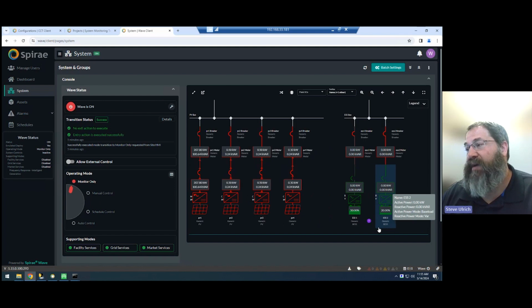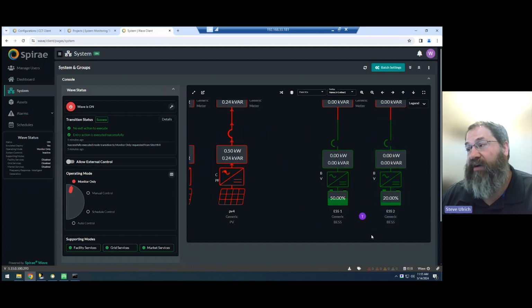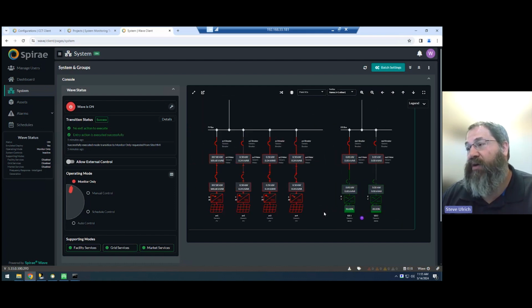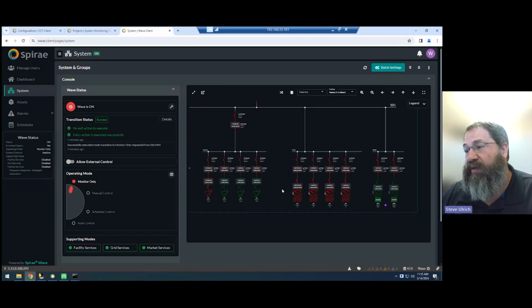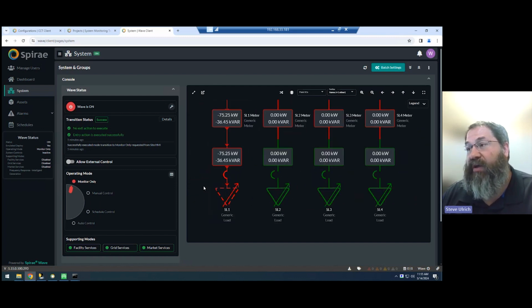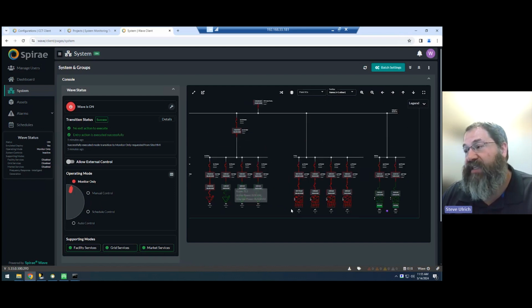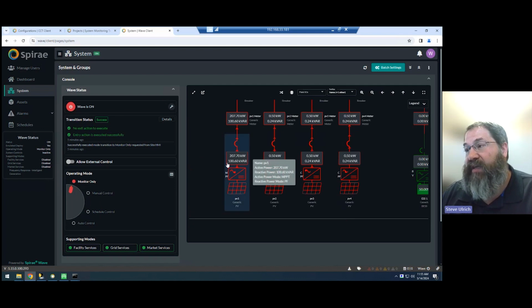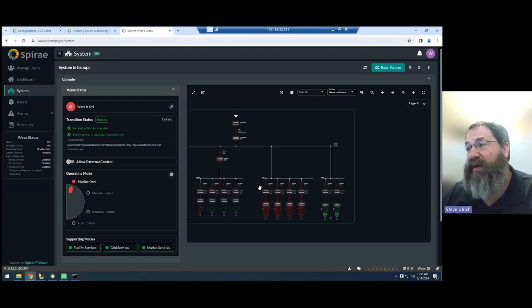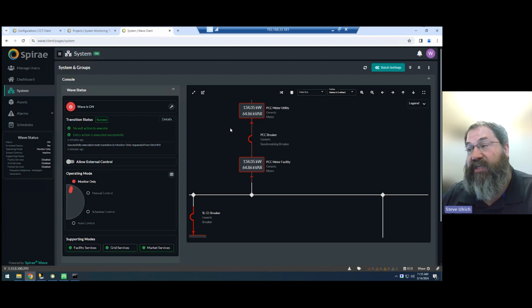I also changed my state of charge of my batteries here, so it represents a sort of a low state of charge of the system. Now, one other thing I want to point out, I also decreased our load on the system down to about 75 kW. So it looks like it's a little bit less than about 200 kW of PV production. We now have an excess amount of PV, and as Sunil was just mentioning, we're currently exporting to the grid,